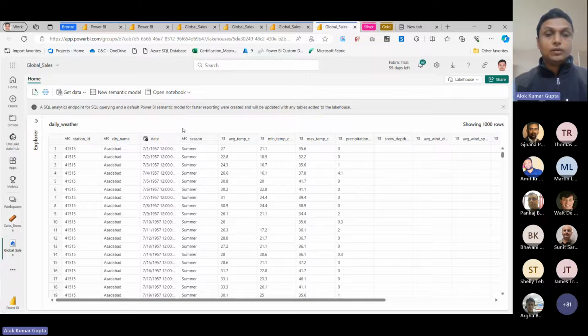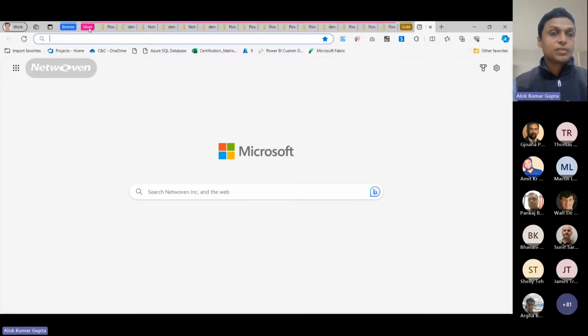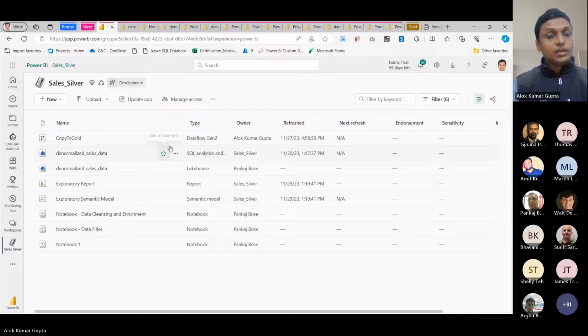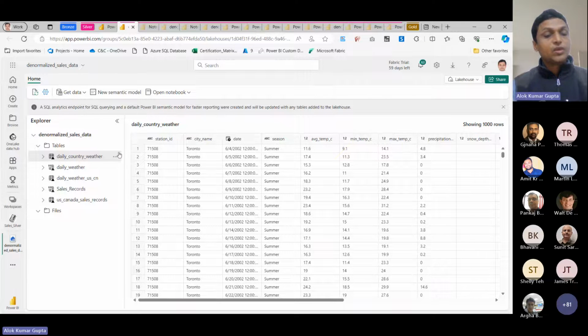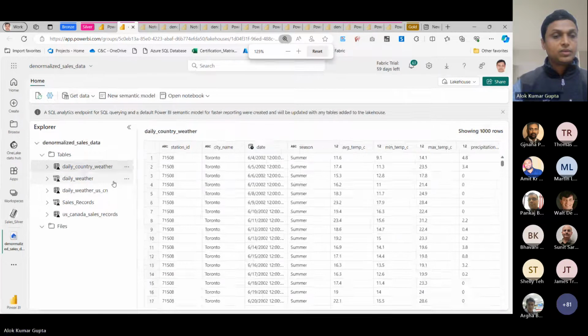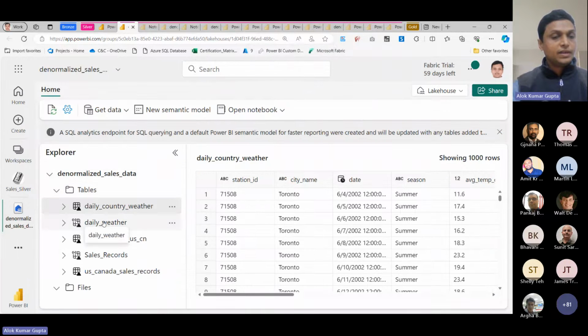At this point, with an understanding of the raw data and challenges, let us move to the silver workspace. This workspace has more data artifacts, as this is the primary workhorse in this particular solution. Looking at the data lakehouse, we see that there are 5 tables. If we zoom in, we see that 2 of the tables, daily weather and sales records, have a link in their icon,